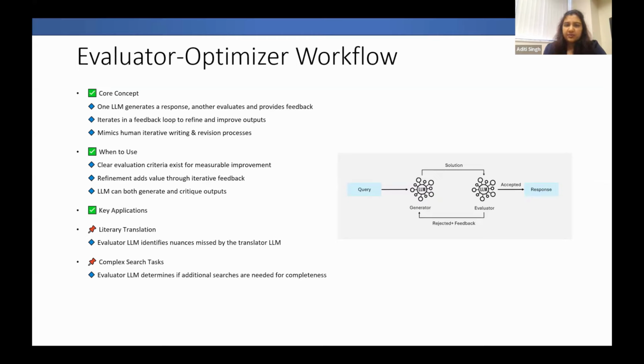But this evaluator optimizer workflow is the one where, once the LLM generates a response, there is an evaluator LLM dedicatedly assigned to evaluate the responses. And this could essentially iterate in a feedback loop, just trying to refine those outputs, just trying to refine those results together. The core idea behind having this generator and evaluator is that it wants to mimic human iterative writing or